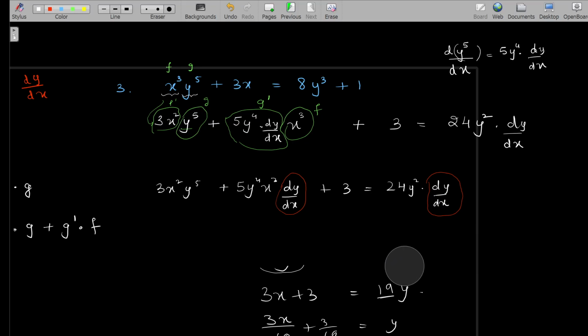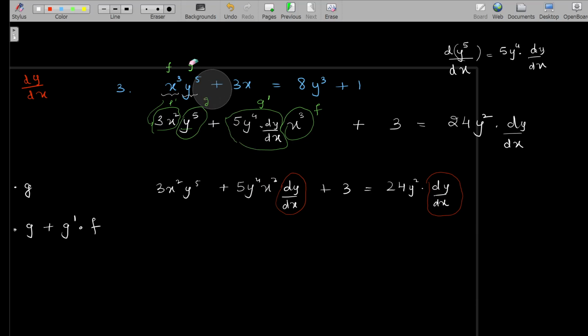So same thing we will do here. You want to isolate dy over dx. So you subtract this term, and you'll be left with